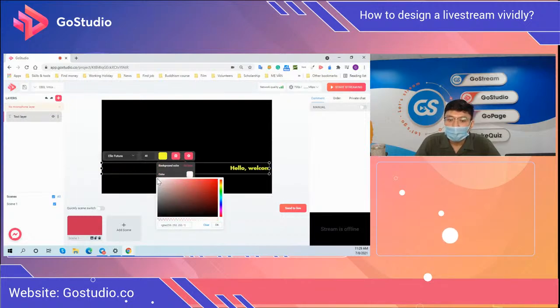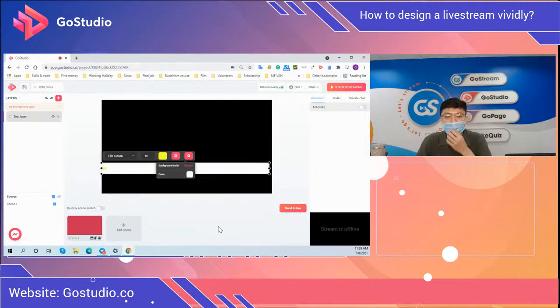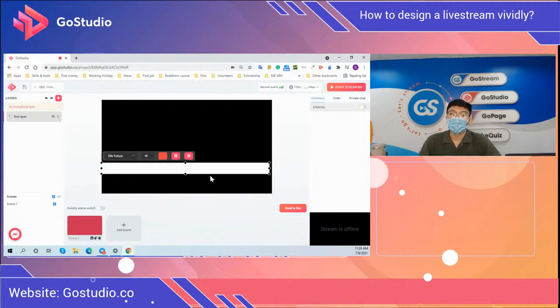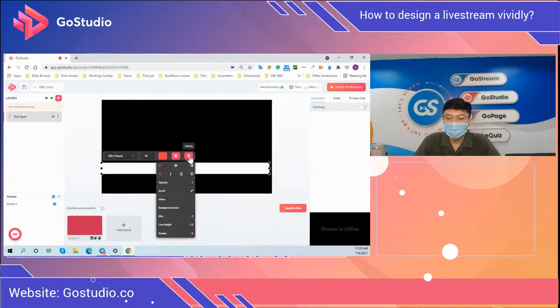I want it in white. Remember to click OK. And now the background has been changed into white color. And make the text in another color. Okay. So you can see it's much more attractive, right? More vivid